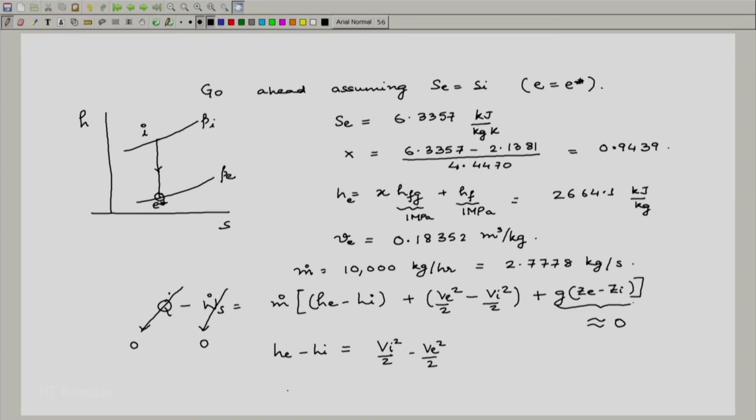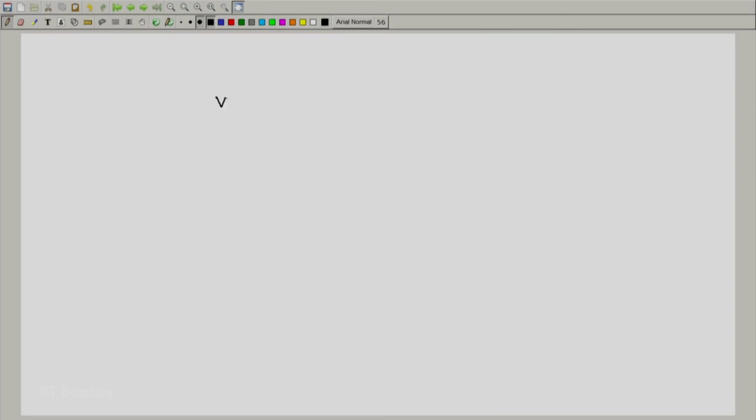And now we realize that we do not know the inlet velocity, but in such nozzles it is a good assumption that it is a reasonably negligible velocity compared to the exit velocity. In fact, the nozzle is meant to accelerate the fluid to a higher velocity. So, we say that this is nearly equal to 0, which means that we get Ve squared by 2 is equal to Hi minus He. So, all we have to do now is calculate this, so Ve squared is nothing but 2 multiplied by Hi minus He,